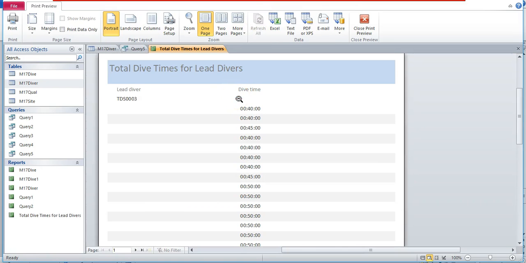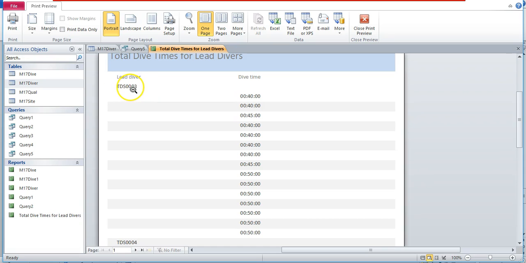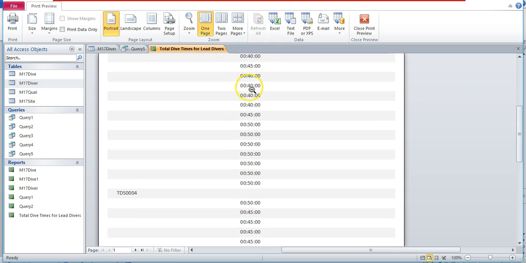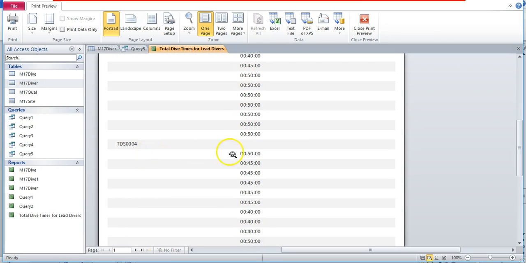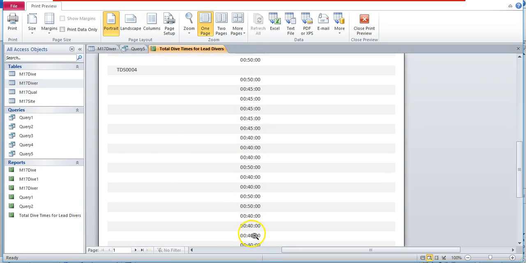And then this is how it's going to come out. So for TDS 0003, you can see that these are all the times that they've dived. For TDS 0004, these are all the times that they have dived. So just to be sure